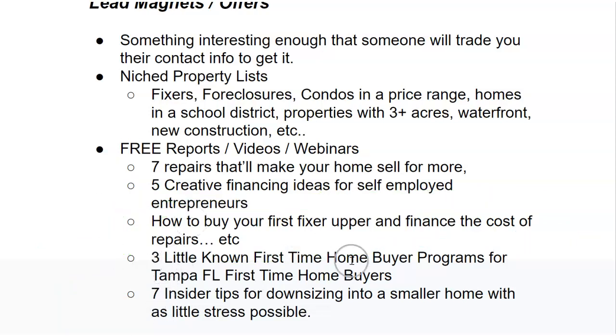Another example: "3 little-known first-time homebuyer programs for Tampa, Florida first-time homebuyers." That's the first-time homebuyer niche. "7 insider tips for downsizing into a smaller home with as little stress as possible." These are all kind of direct response, if you're familiar with that term, Dan Kennedy style headlines. They're easy to come up with. You're going to see that numbers usually come into play. A list of ideas around a specific thing is a pretty good formula. And you can create this content in the form of a PDF report, a document, a video,